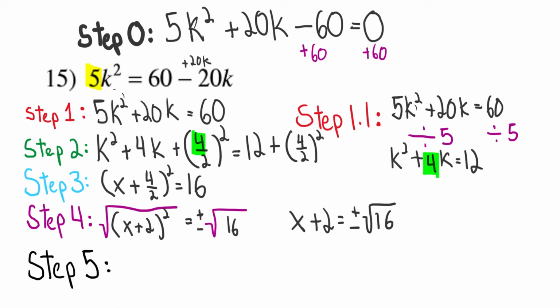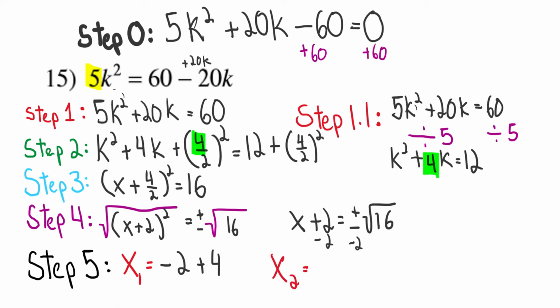Therefore, if I follow the procedure for step 5, k1 will be equal to, if I move the negative 2 over, negative 2 plus the square root of 16, everyone, which would be 4,